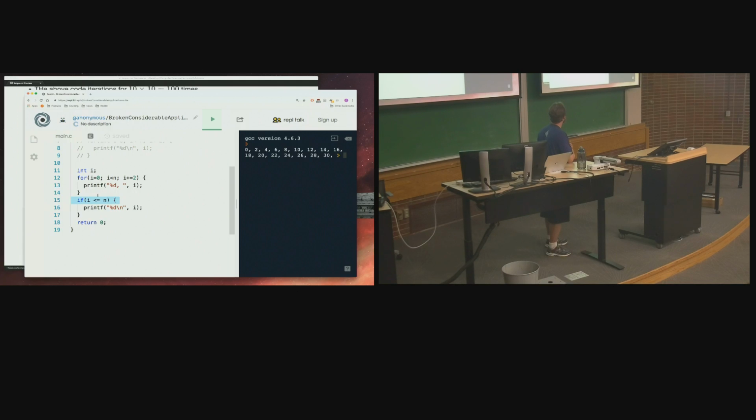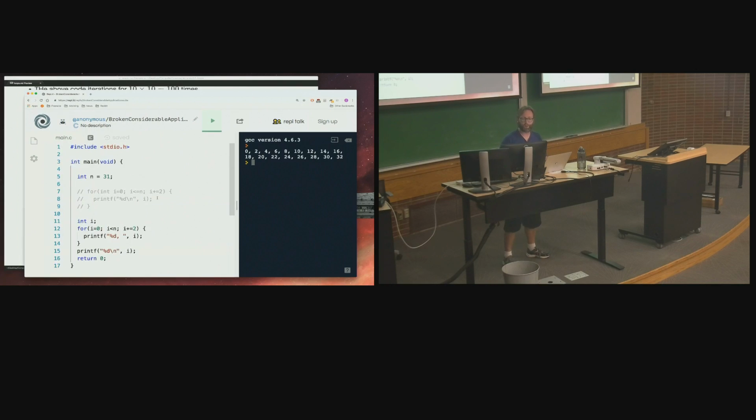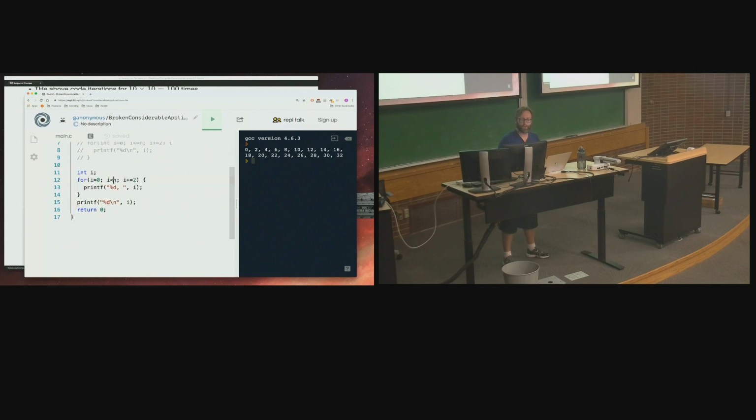Let's see. What do I want to do? We're off by 1 here. We have to figure this out. Okay. Well, let's see what it prints without the if statement. All right, that's 32, right? So what if I went up to n minus 1? Oh, not minus 2, excuse me. There we go,